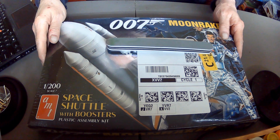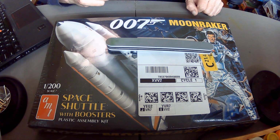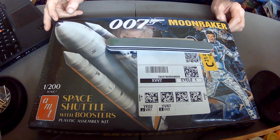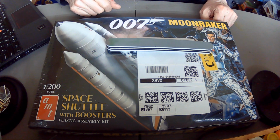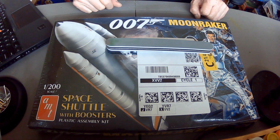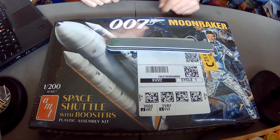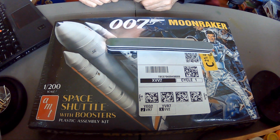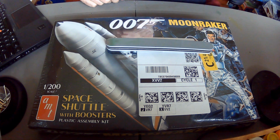But the box was not damaged in transit, which is pretty amazing for Amazon. I've actually only had one or two that have come. And this one was about $40, again with free shipping. Again on sale, not a big sale. I think it was like $8 off or something like that. But anyways,